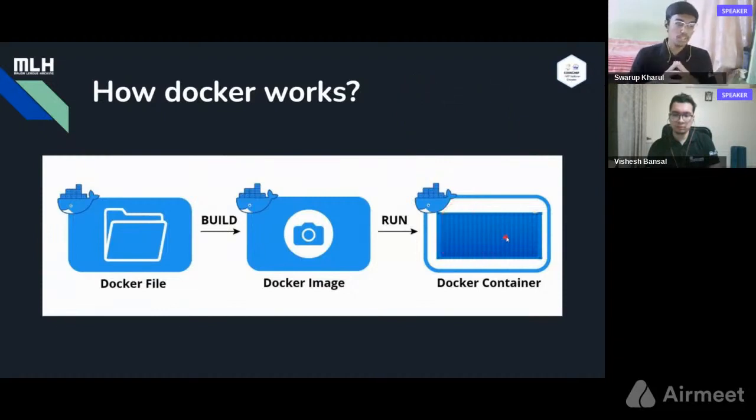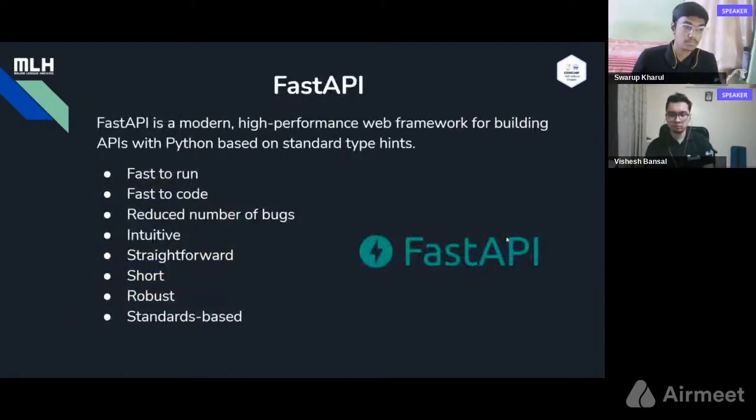Okay. So now we are done with the theoretical part. Now let's make a small web application and try deploying it. We'll be using FastAPI to make our simple web application. FastAPI is a modern, high-performance web framework which comes with tons of cool features like auto documentation based on OpenAPI and a built-in serialization and validation library. FastAPI can be written in Python, so it is very easy to understand, easy to code, and very straightforward.